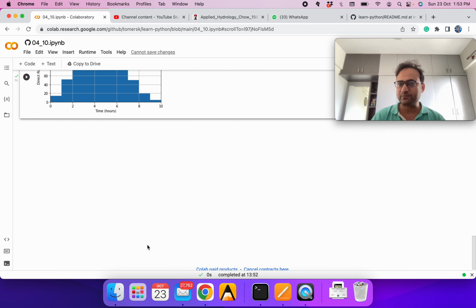So this is a very simple way of doing the routing. It's commonly used when we don't have the data, and there are ways of creating a synthetic unit hydrograph. There are some limitations. It does not provide the inundation level directly. There are ways we can find it out, but it's very commonly used, and at large scale it works very fast. So we find unit hydrograph theory being used in many common applications. Apart from the unit hydrograph theory, we also learned quickly how we can use convolution functions from the NumPy library to do such computations in a much faster way.